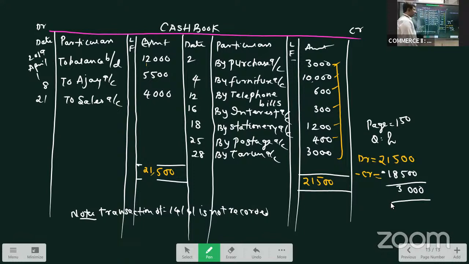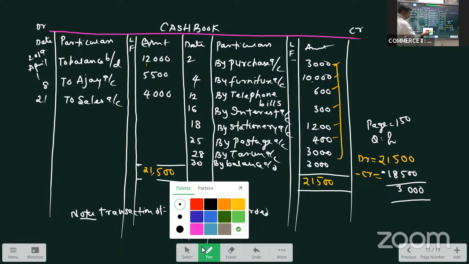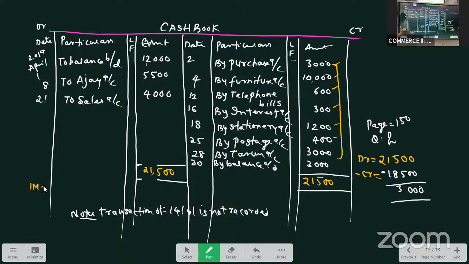So the closing balance is how much? On the last day, on 30th April, we write by balance carried down 3,000. So 3,000 is the closing cash balance. The closing cash balance of April month will become the opening cash balance for the next month. That is 1st of May. 1st of May, it is to balance